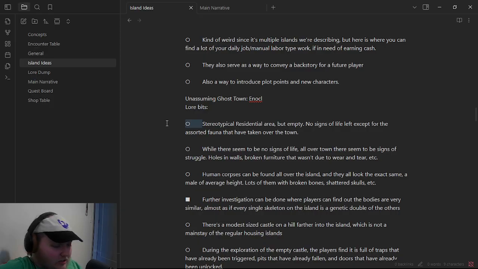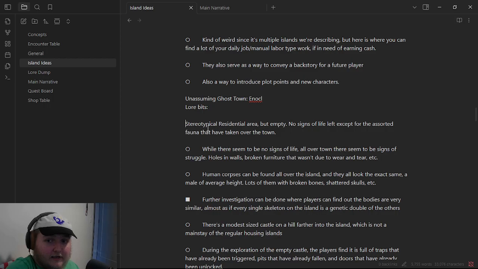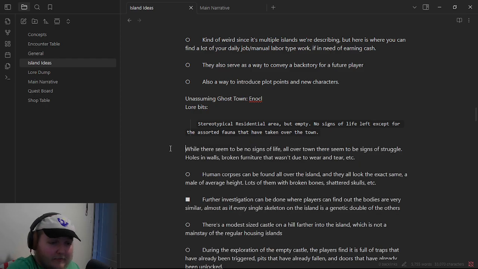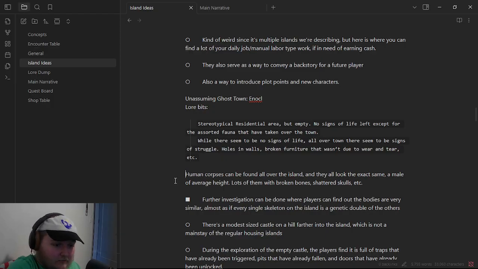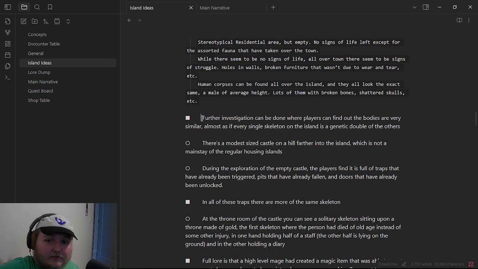I thought about turning that into an island idea where the party just stumbles upon it a couple hundred years after the massacre happened. And the one clone that escaped the massacre went and had a family and just never told anyone. So there are all of the same corpses spread throughout the island, but I don't know if there's